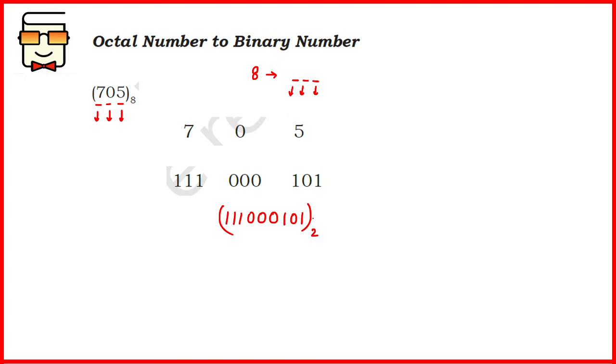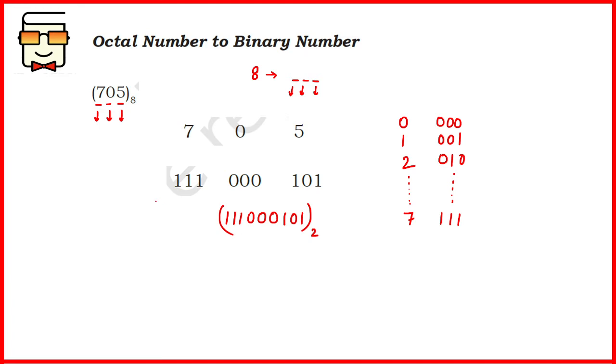You will have to remember all the unique combinations that correspond to the octal digits. For octal digit 0, the value is 000. For 1 it is 001. For 2 it is 010. Starting from here and going till 7, you will have to remember all the 8 unique combinations that correspond to the octal number system. Only then will you be able to do these questions correctly.